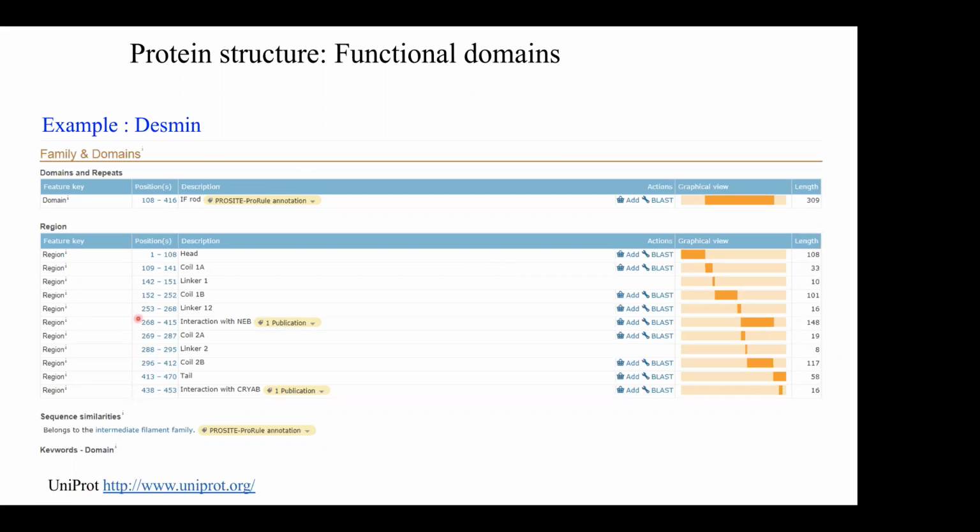This will give you most of the information about the functional domains. There are also published papers about any mutations already identified, the nature of the mutation, how it affects the protein function, and all the information.